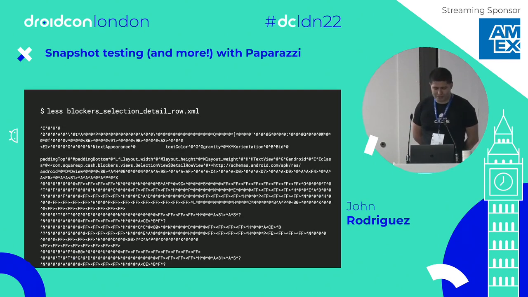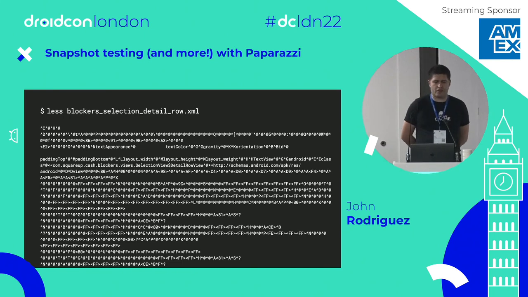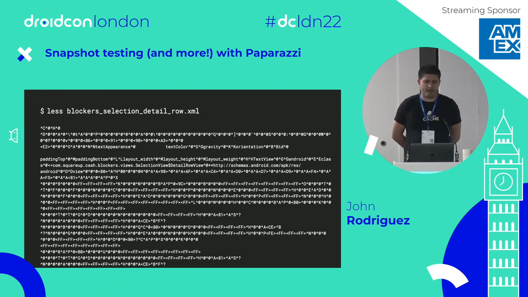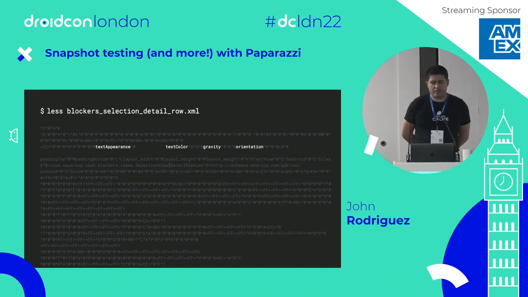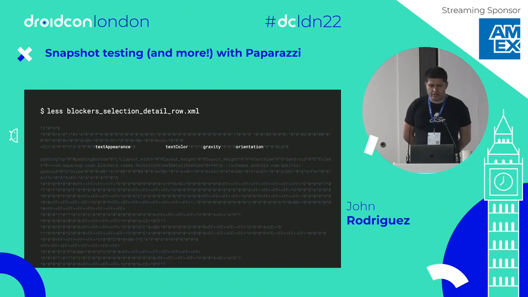So now if you look at one of those resources, here you go. You'll see that packaged in the APK, the resources are bundled in binary format. But yet you can still see some of the attributes embedded in there. So why binary? Well, it makes the APK smaller, faster to parse, launch speed, all the things that are good for performance. But in your IDE,